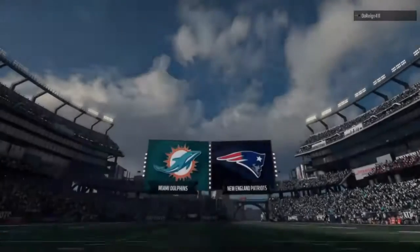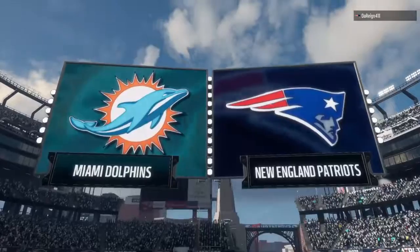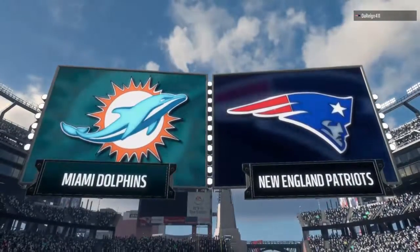Today's matchup features one team who likes to get it done through the air. The Patriots are top 10 in pass yards, going up against the Dolphins secondary that could be in for a